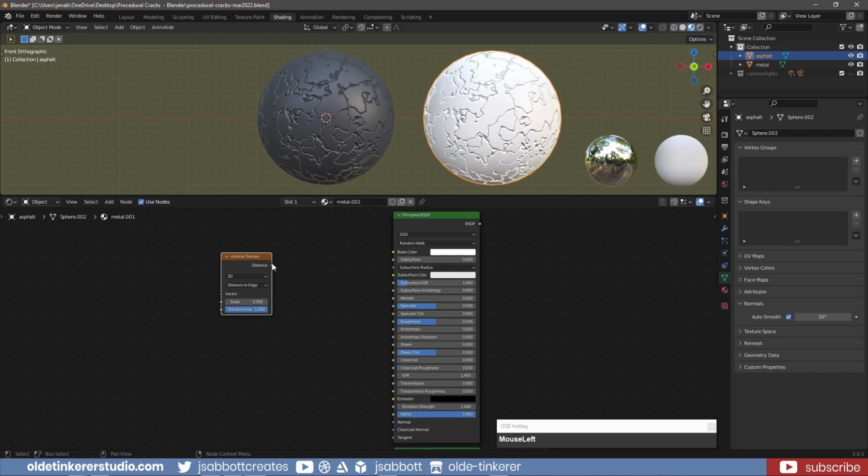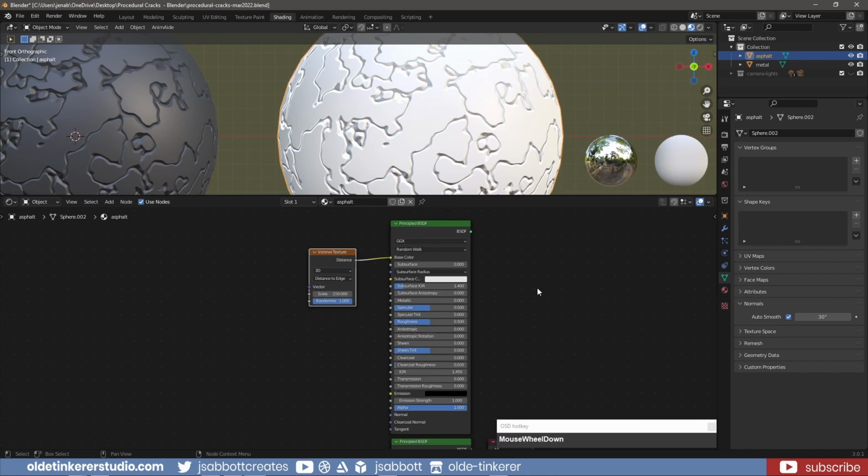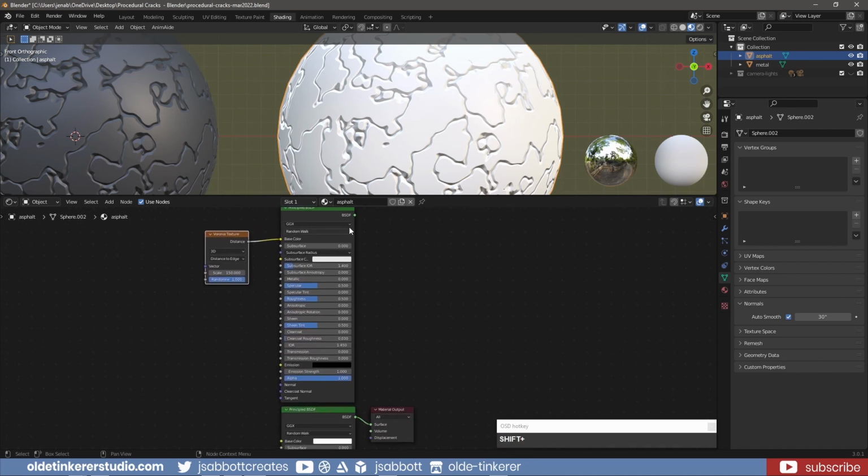Connect it to the principled shader and increase the scale. Connect the principled shader to the material output,